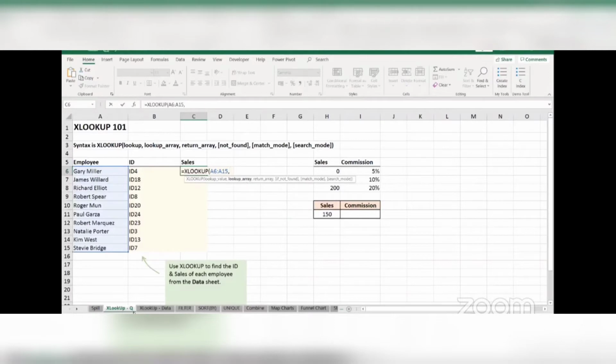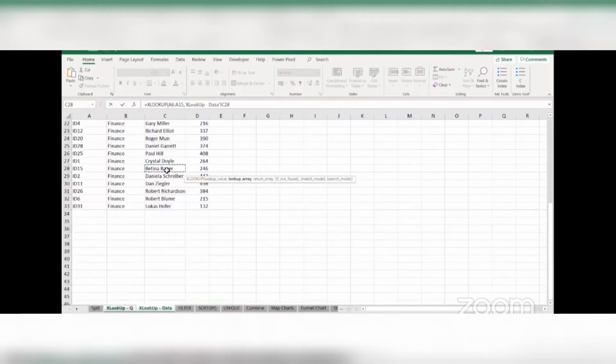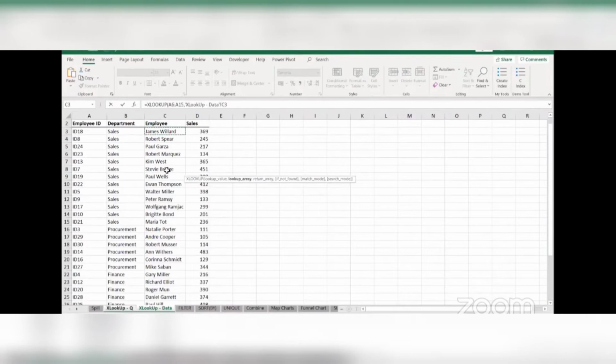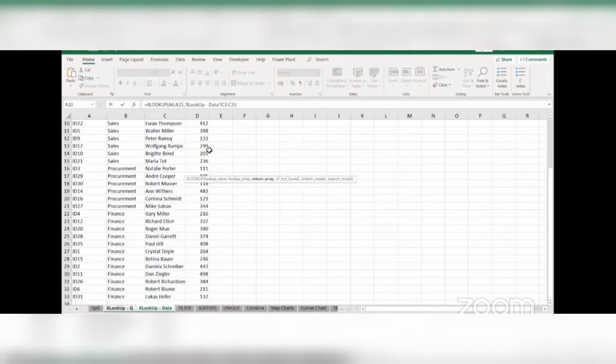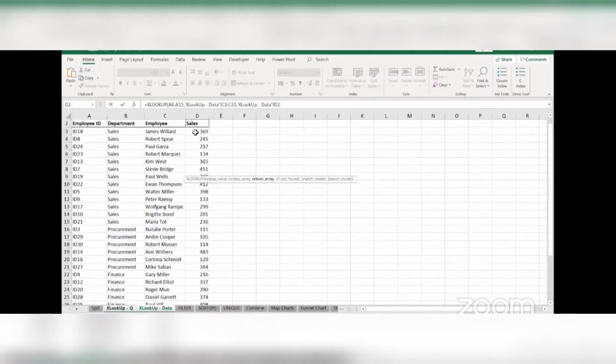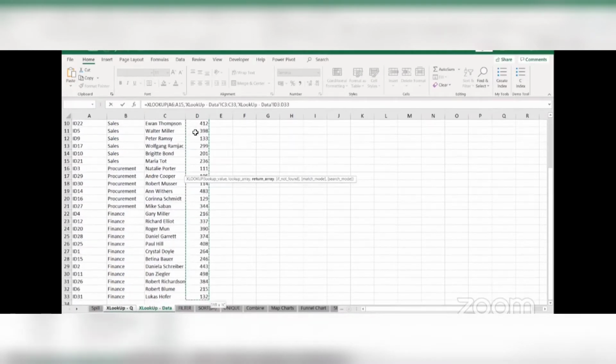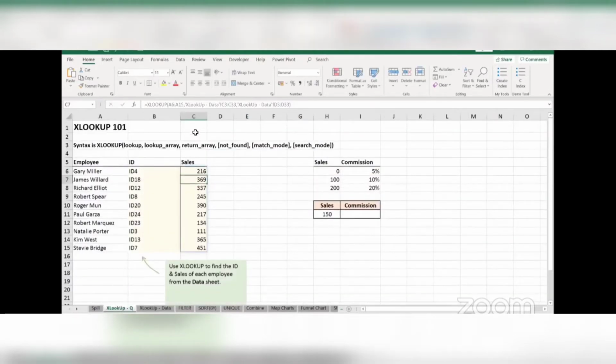My lookup array, again, this time will be the employee column. So I will select that, Control Shift down, comma. This time I want my sales, right? So I will go ahead and select sales. This cell, Control Shift down, bracket closed, enter, and now I get my answer for all the different employees, right? One single formula and getting the answer for all of it. Imagine if you had 1000 rows of your data, only one formula to maintain for everything, right? Isn't this amazing?